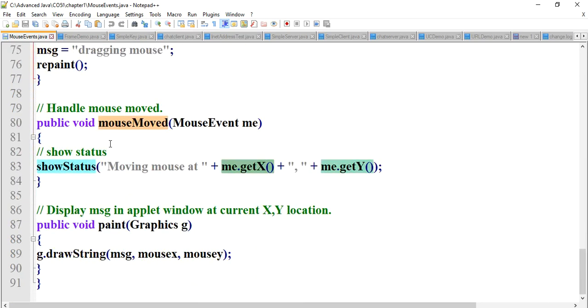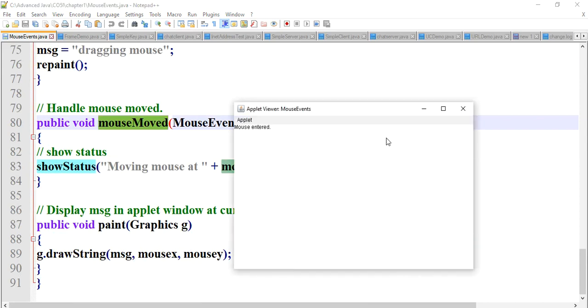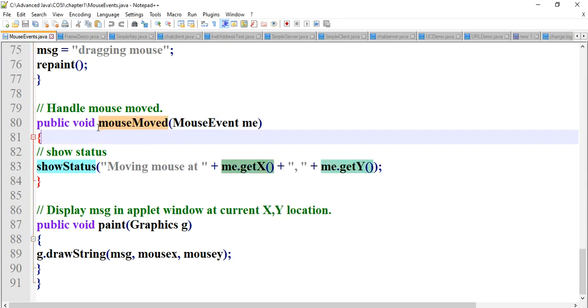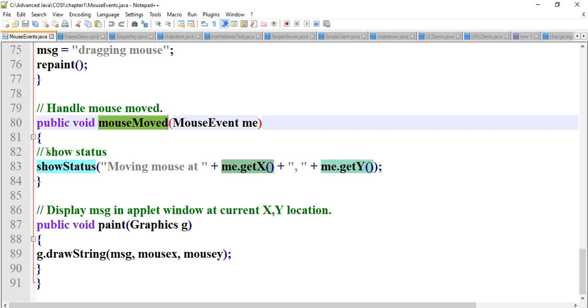After that, when you move your mouse, you can see the status bar in this output. When you move the mouse, the message moving mouse at X and Y coordinate is displayed. This action is captured by the mouseMoved method, and it is displayed using the showStatus method. What is displayed? Moving mouse at, and then two coordinates, the X coordinate given by getX and the Y coordinate given by getY.